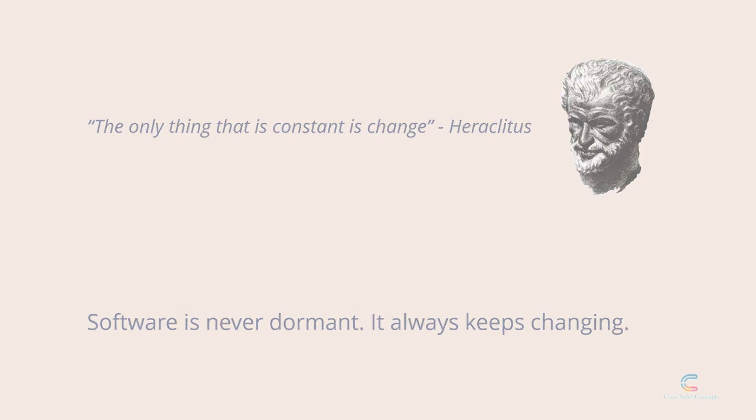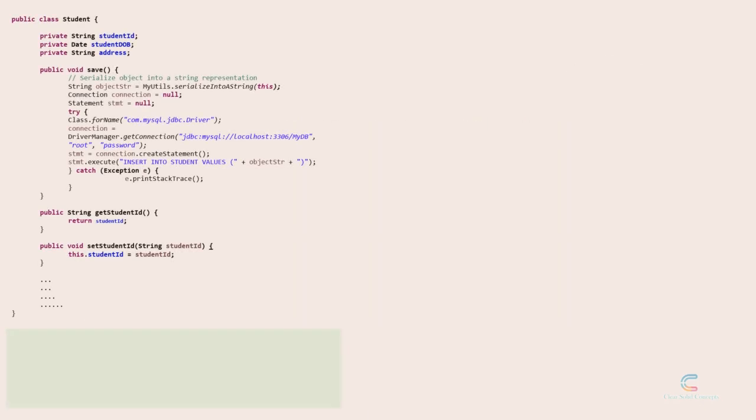We'll start with the same student class that we used for our previous session, the original version of it. Assume that this student class is part of a software module which is already in production. There could be multiple reasons for a software component to change in future. Let's do a small exercise. Let's try to jot down a few reasons to change for the student class that could possibly come up in